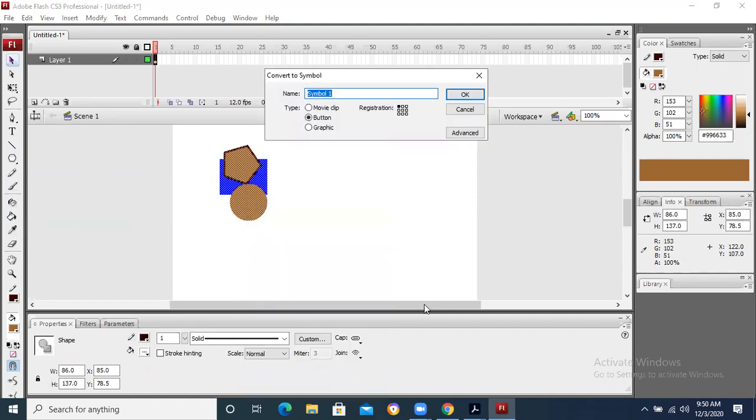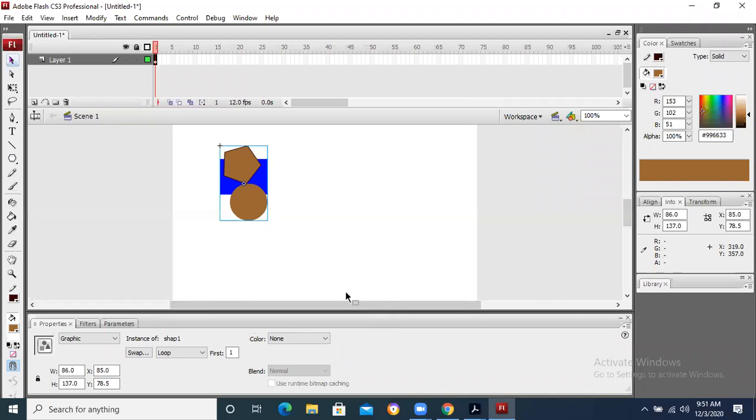This was the thing that I explained to you in a very quick way. I did not explain it; I just told you to convert it to graphic. So these are basically three options: movie clip, button, or graphic. And all the symbols are basically reusable components. We can give a name to it. For example, if we are drawing a tree, we can give it the name tree. If you are drawing shapes, we can give a name of shape 1 or 2, whatever name we want to give to it. So when it is converted to symbol,